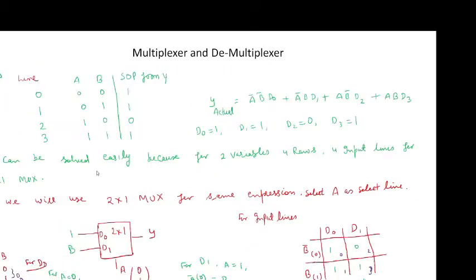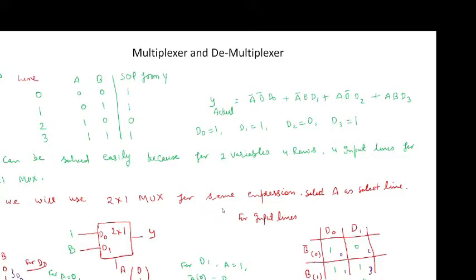Now for the same problem we have to use a multiplexer of the order of 2 by 1. Here A has to be the select line. Now you know that there are 2 variables, so there will be 4 input lines, but we are bound here that we have to select only 2 input lines. So this is not a simple problem.